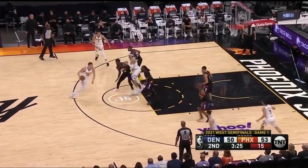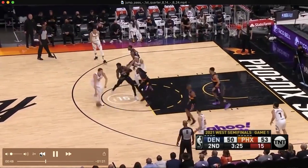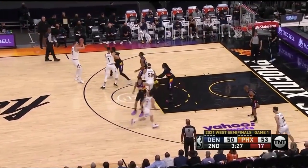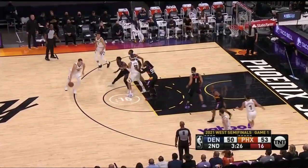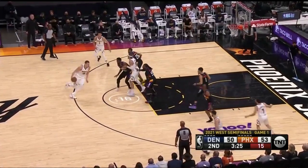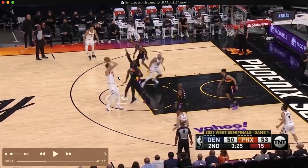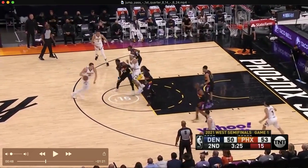Even the 7-foot MVP, Jokic, getting up in the air himself. Not too much hang time on this one, but nice ATO by Mike Malone here. You put him in a free throw line area pick and roll. Suns trying to switch this, but when Aiden goes over the ball screen, now Aaron Gordon is behind him. And once again, Jokic